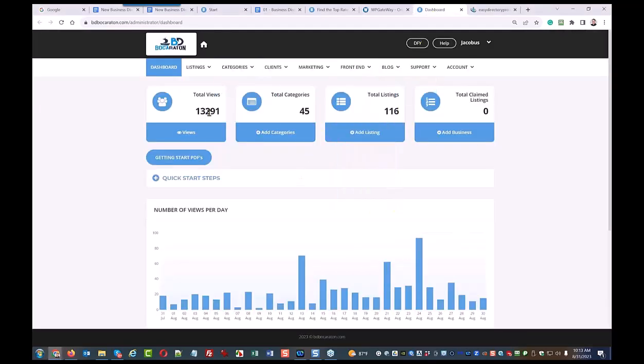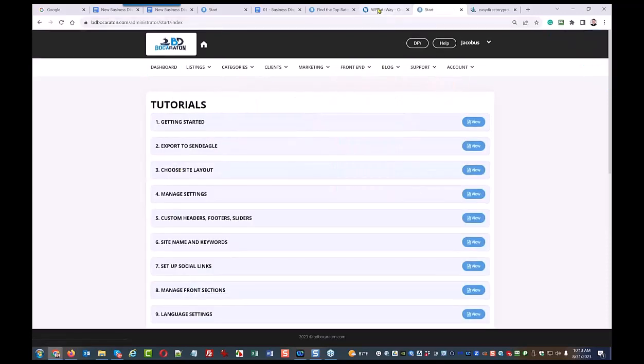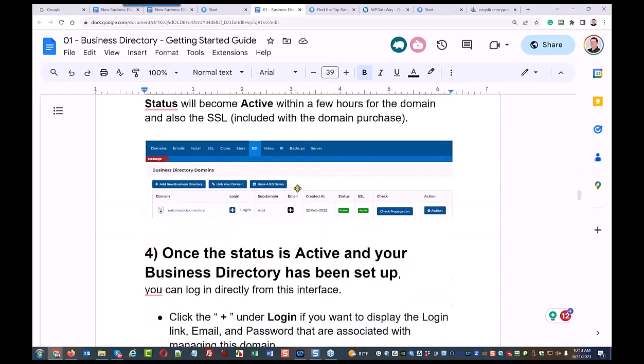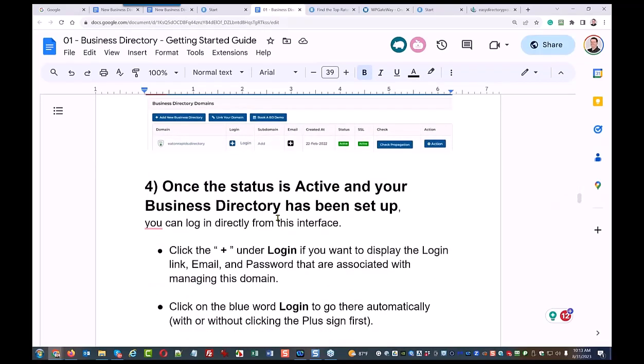Okay, so that covers quick start PDFs. Where were we? Here. Buy domain, unless you already have one, you will be prompted to enter domain info. The domain takes propagation time, so it's not instant. And I want you to understand the business directory is not a WordPress site. It is a PHP application that you get access to. So when you think about hacking, security, speed, loading time, all those things,